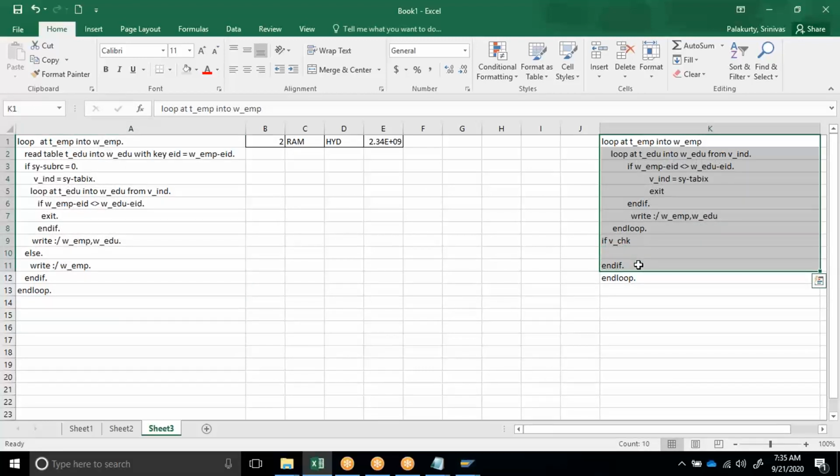One of your seniors went for an interview. When he explained the parallel cursors with this logic, the interviewer said, no, it's wrong. You are nowhere using the read statement, so it is wrong. So he had mugged up the syntax: parallel cursor means read statement. Not only one person, many people have this idea. But programming is not syntax. Understand the logic. So what your senior did is, he challenged it. Okay, I will write my program, and if it is wrong, then you need not give me the offer. He showed the system how it is working. Parallel cursor is a logic. Understand the difference between syntax and logic.